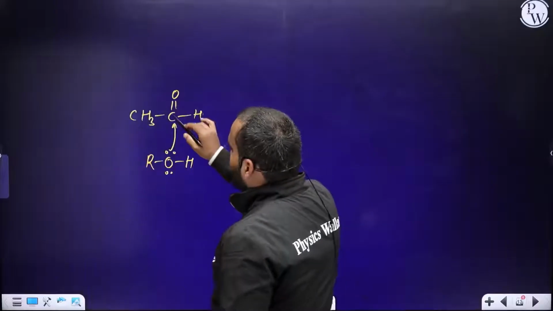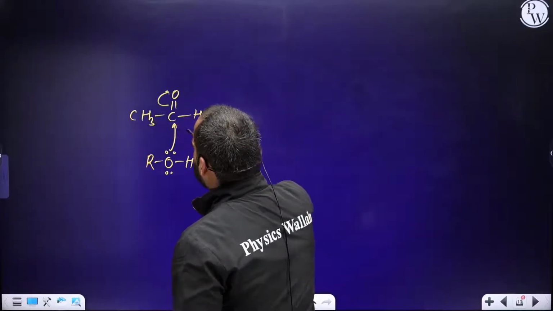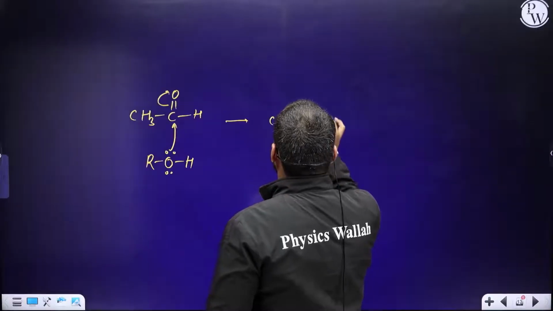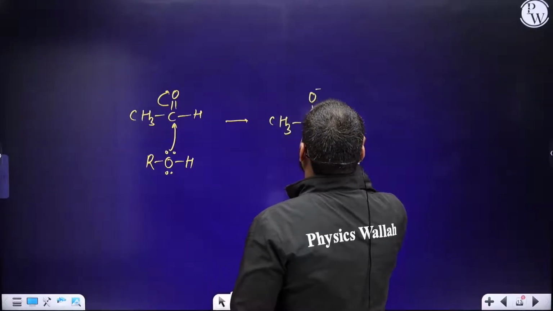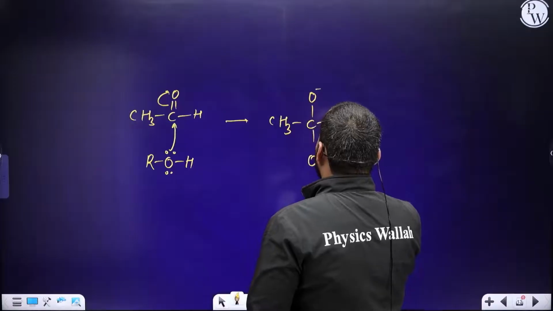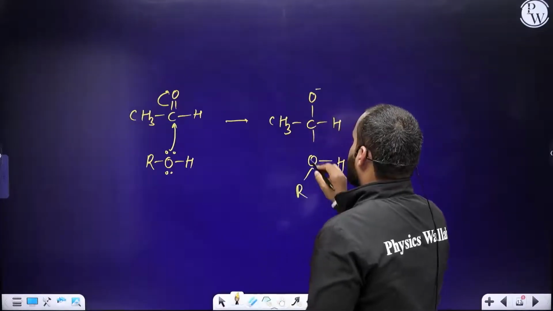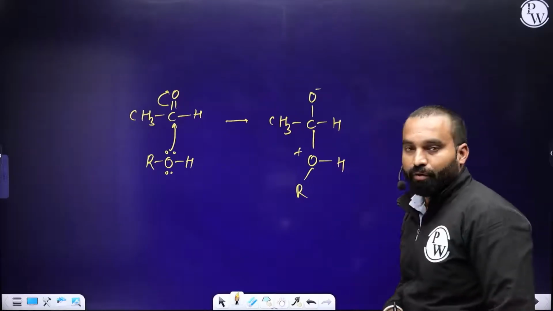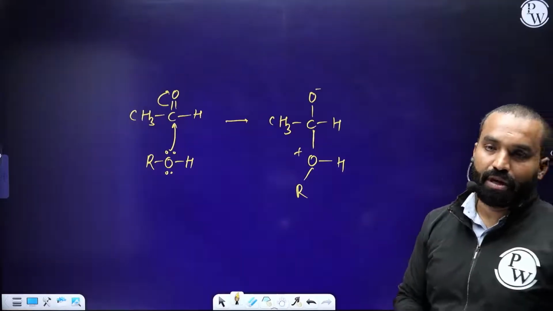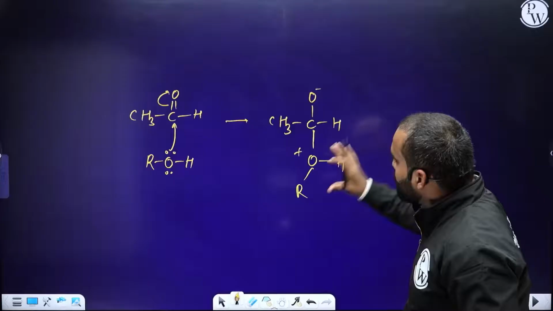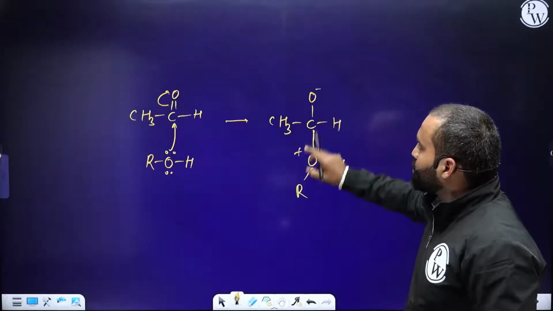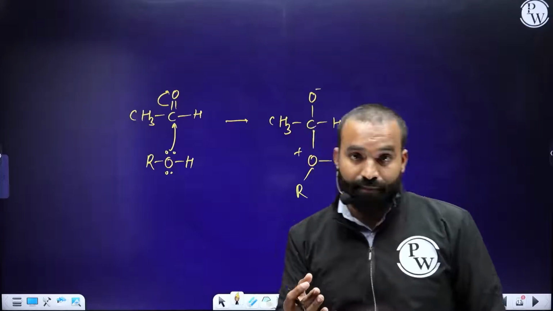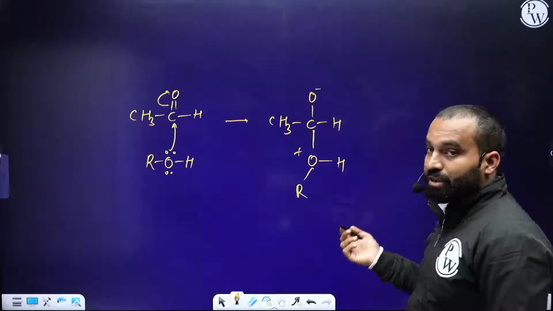So since carbon cannot form more than 4 bonds, the pi bond has to open up. Oxygen can take care of the negative charge very well. It becomes a negatively charged species. This is R with oxygen carrying a positive charge. Whenever oxygen forms 3 bonds, it becomes a positively charged species. In the same molecule, there is a positive and negative charge present. If they can help each other neutralize, then that reaction is going to occur.